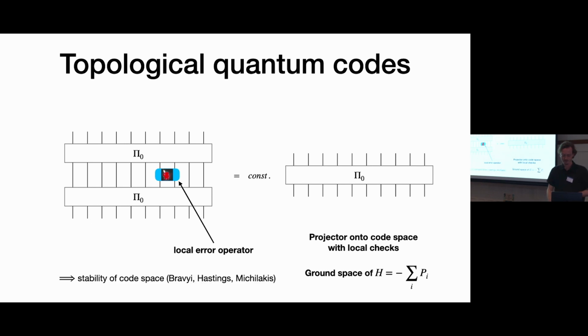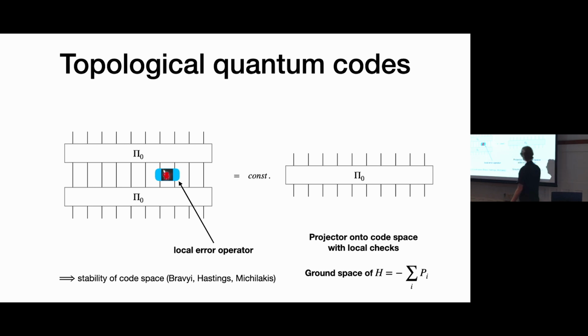OK, cool. And this is essentially the error detecting condition of Knill-Laflamme. I had that up a second ago. And OK, there's some nice line of work saying what this kind of code property buys you for these Hamiltonians when you think of them from a condensed matter point of view.